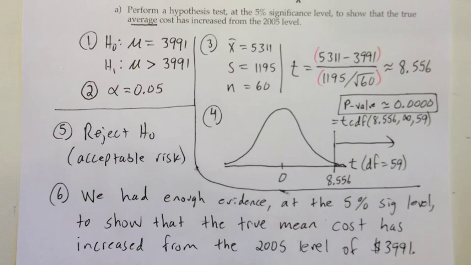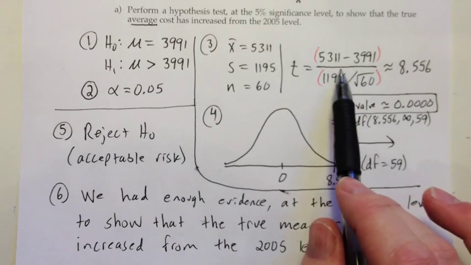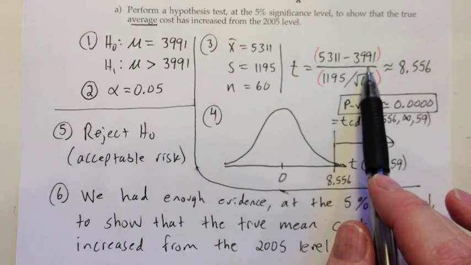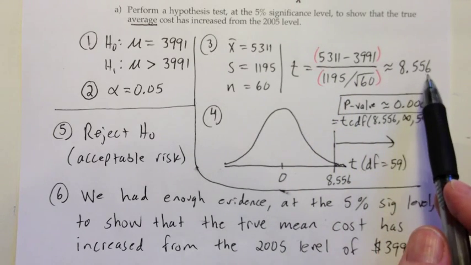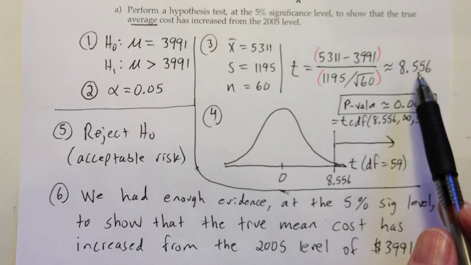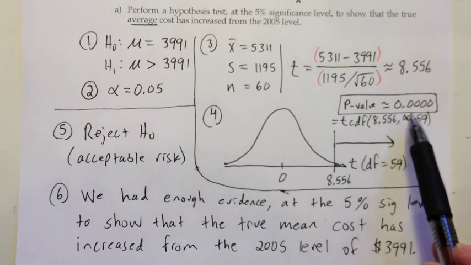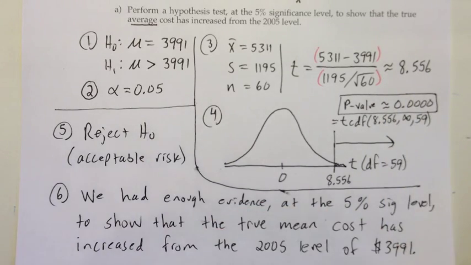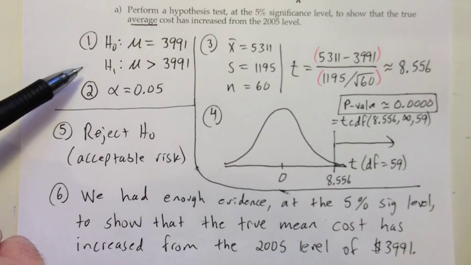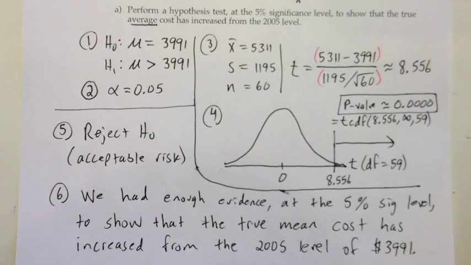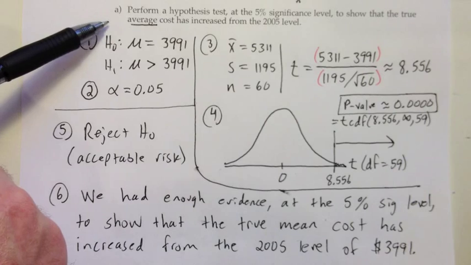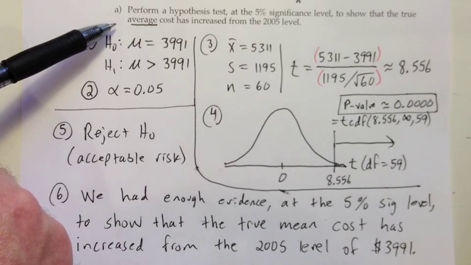$3,991. So when I say we have enough evidence, that's based on two things. Based on a big difference between the sample value and the claim value, that's primarily where I get my evidence. I know that's enough because the chance of such a big difference is less than 5%. And that's where the significance level comes in. And then when we talk about what we're trying to show, that's always H1, so we're trying to put H1 back into words, and sometimes your question itself is going to have those words for you to help